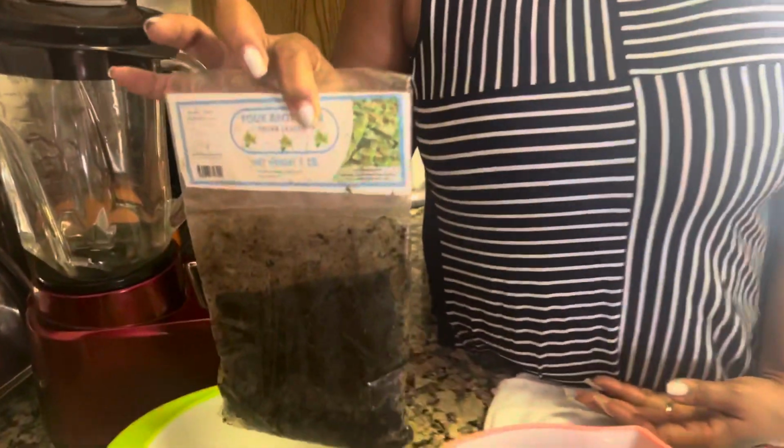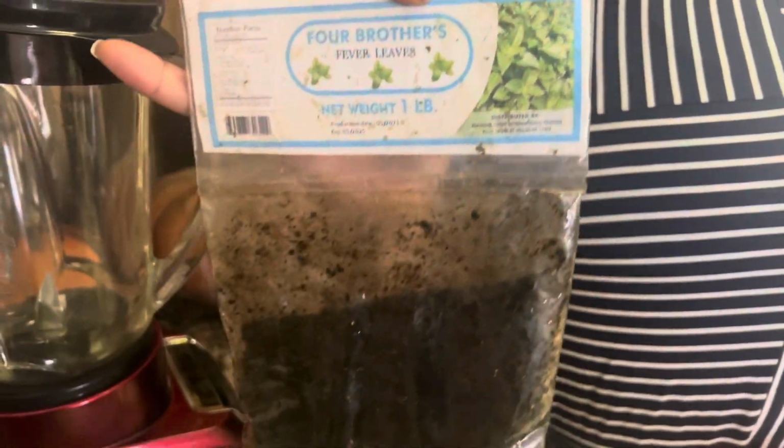Today we have for you another edition of cassava leaf. The reason it's another edition is because we prepared cassava leaf the last time, but there are different ways you can prepare it. You can either prepare it with peanut, or you can also fry it in vegetable oil. But another version that we have as Liberians, we also have another way to prepare it. You can use